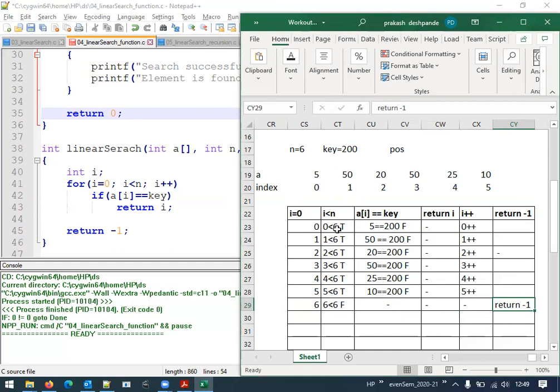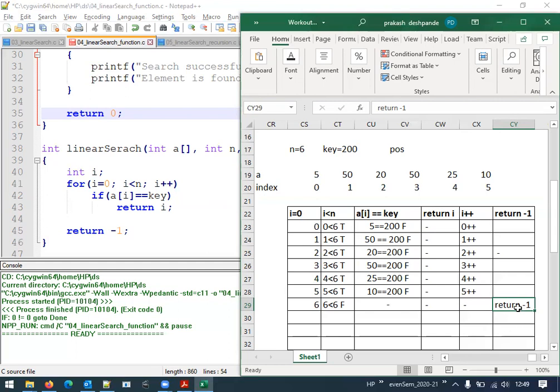That means throughout this particular loop, this return i never gets executed. So after the completion of the for loop, that is after it gets terminated, the next statement is return -1. Now in our main function, we have written the code in such a way that if search is unsuccessful, this user defined function linear search needs to return -1. So that -1 is being returned here.